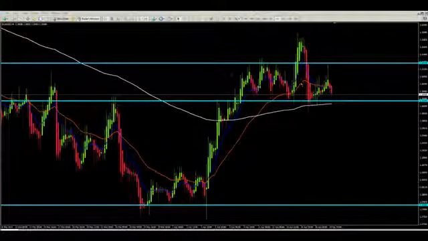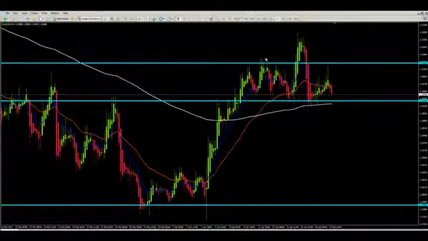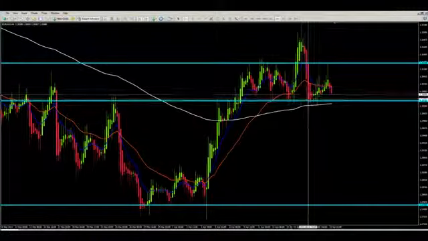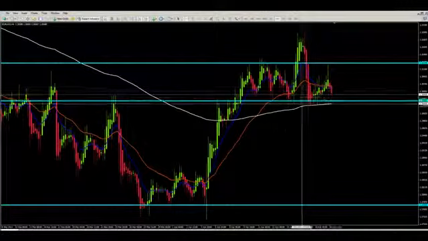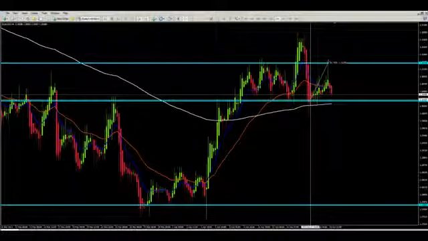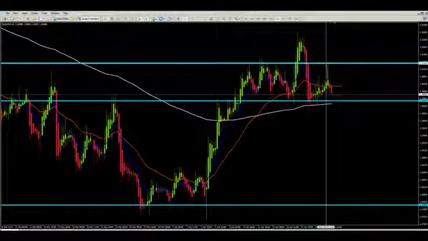This pair is still ranging between two levels. That's the 1.30 level support and 1.3120, let's say. Okay, it's a range of about 100 pips, and as you can see, the price bounced on support and close to the 200 EMA. It moved up, hit the 1.31 area, and again really almost by the pip, bounced, and now it's trying to